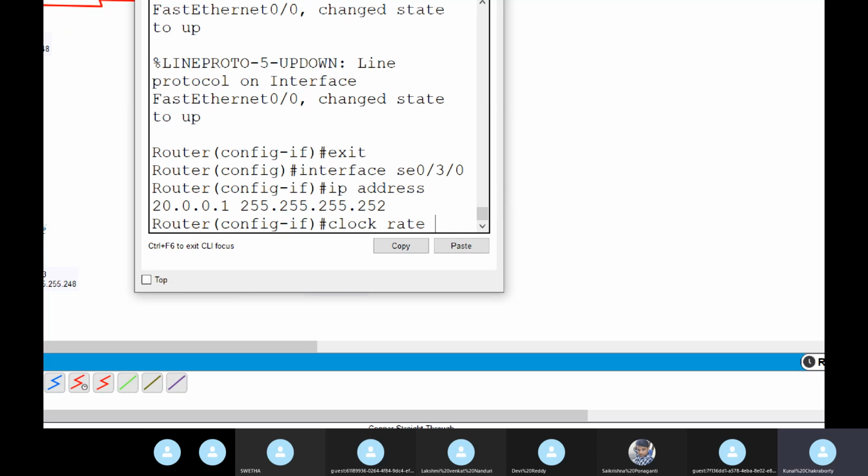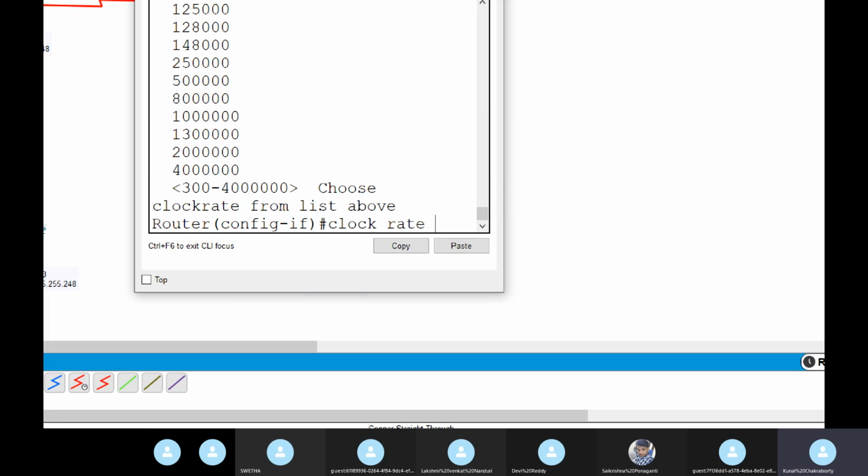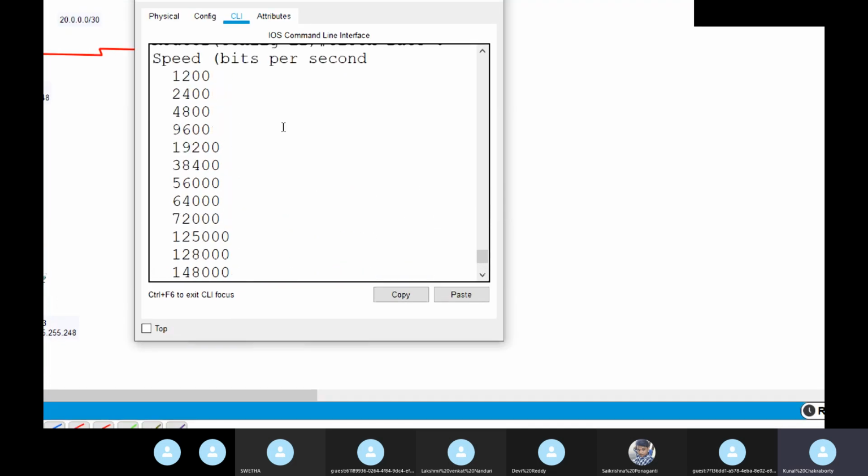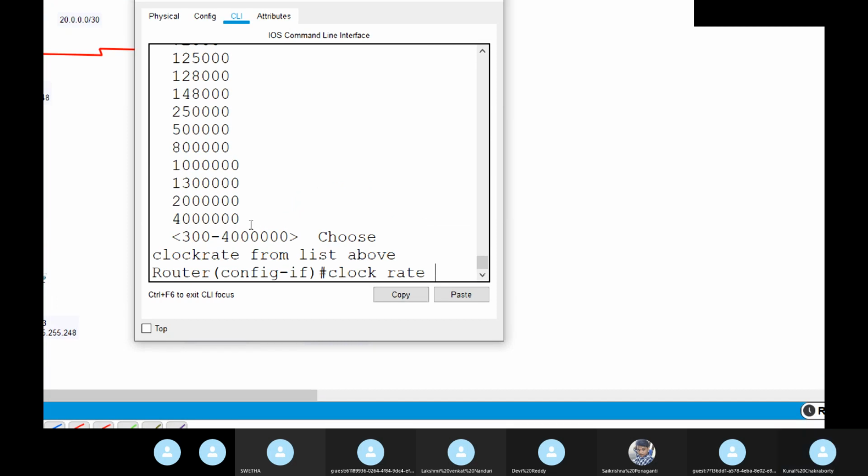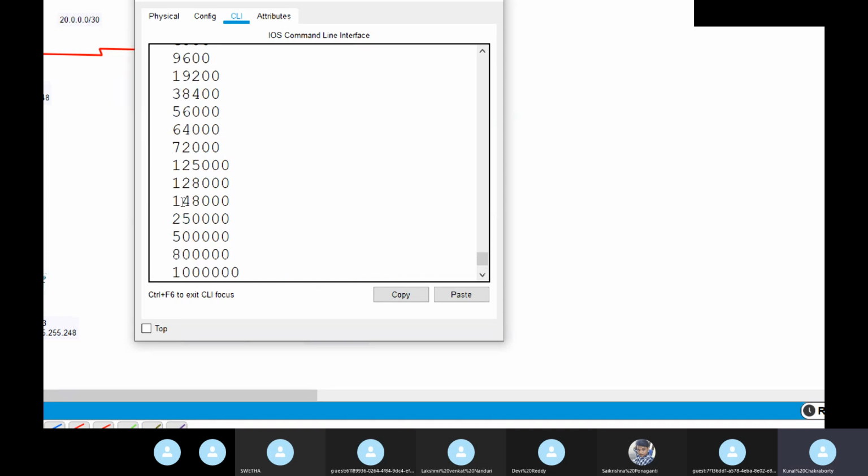So here, after giving the IP address on the serial DCE port, clock rate, there are a lot of clock rates, from 1200 to 4 million. 110, 100, 1000, 4 million. So from here, standard is 64,000 or 72,000. Normally these two are used mostly.